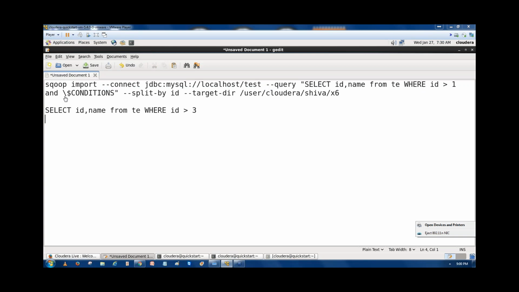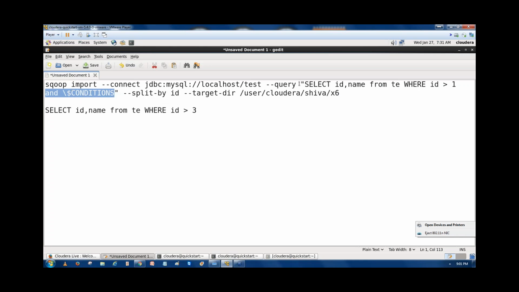Now this is the default one, so you are not supposed to change this. Whatever query you write, at the end we have to add "and $CONDITIONS", so that you tell Sqoop that you are going to run a Sqoop query based import. So we have to add this one word, and space slash dollar symbol CONDITIONS.